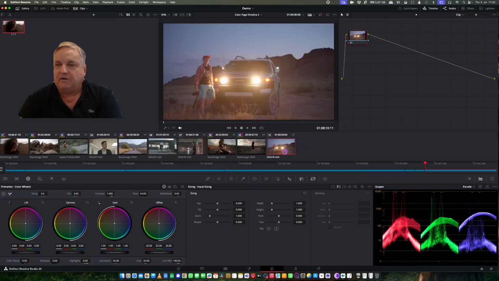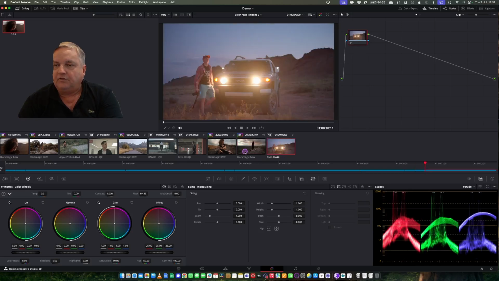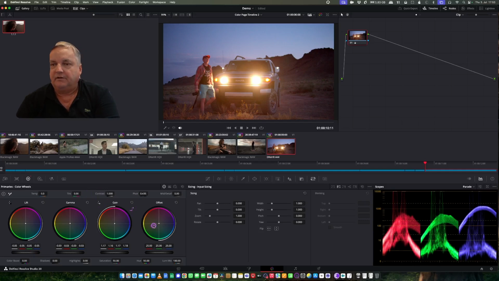And then we've got our evening shot here. So as you can see, we've got this. Let's try plugging the correction in there. And actually this correction does a pretty good job on this one. I just want to open up the lift area a little bit